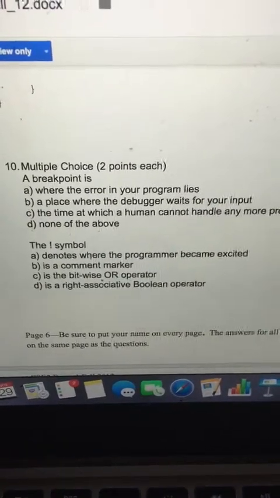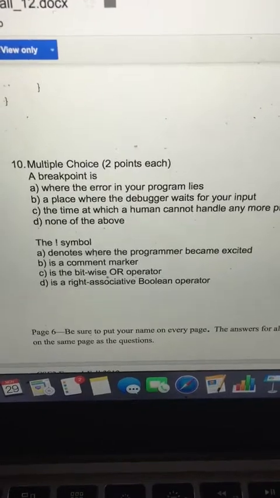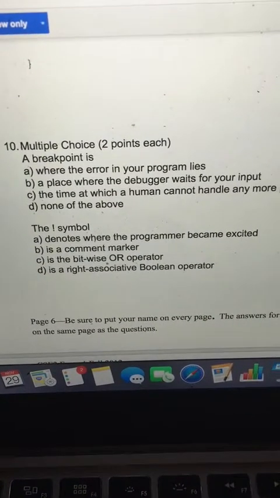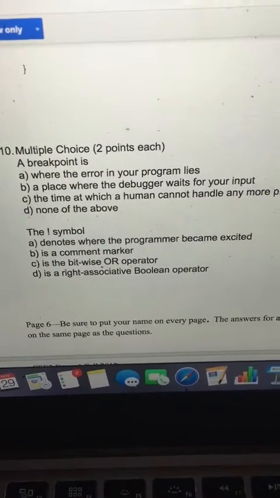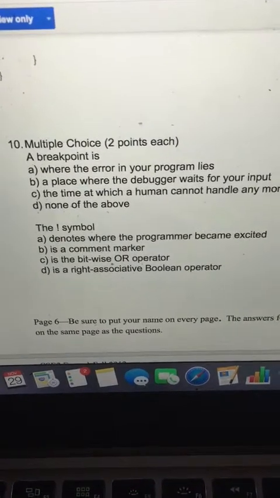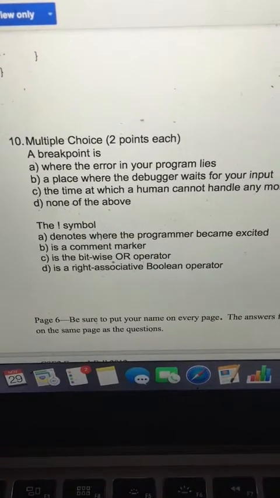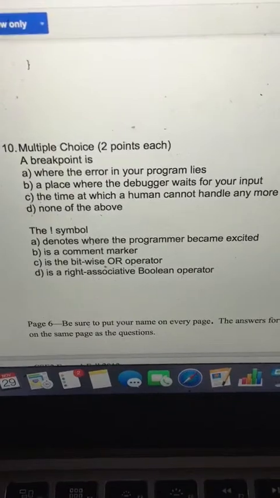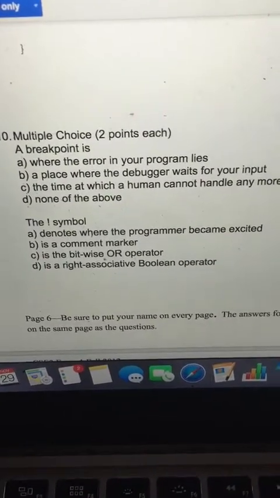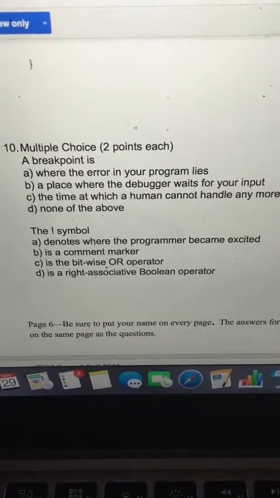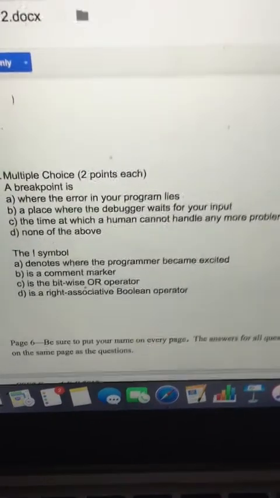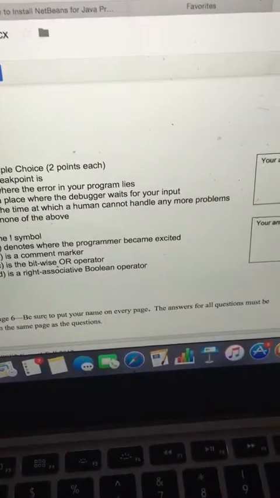The first question is question 10, and it's two multiple choice questions, and each question is worth 2 points, as you can see. The first question asks what a breakpoint is, and a breakpoint is a point in a program where the compiler does not read anything after that point. So the program executes up until that point, and you can debug the entire program up until that point. So it basically allows you to find errors in a selected area of the program instead of looking for errors